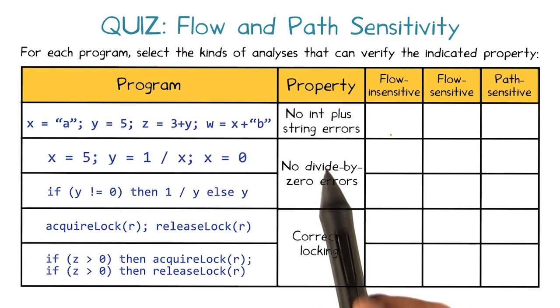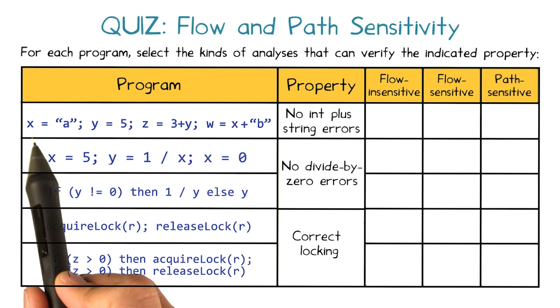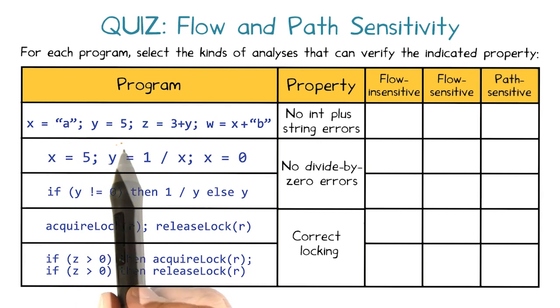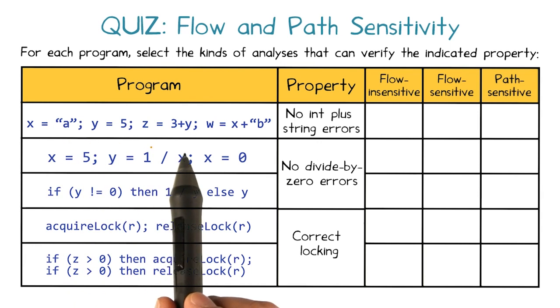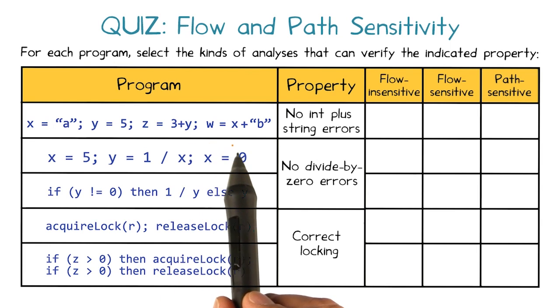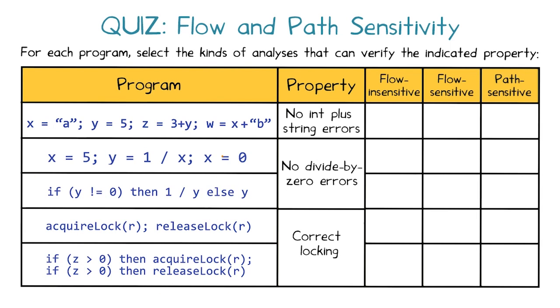The first program consists of 4 statements executed in the following order. X is assigned the string literal A, Y is assigned 5, Z is assigned the result of 3 plus Y, and W is assigned the result of X plus the string literal B. For this program, the property to verify is that there are no integer plus string errors. For this question, allow the analysis to assume that each variable is defined before being used, which is indeed the